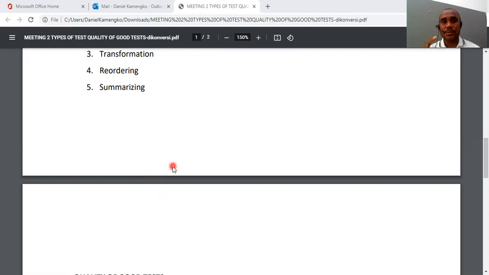I put the procedures there, how you're going to do the task. This second task is quite different from the first. Last meeting you only made, I think, 200 words. This second task, you're supposed to make 400 words.